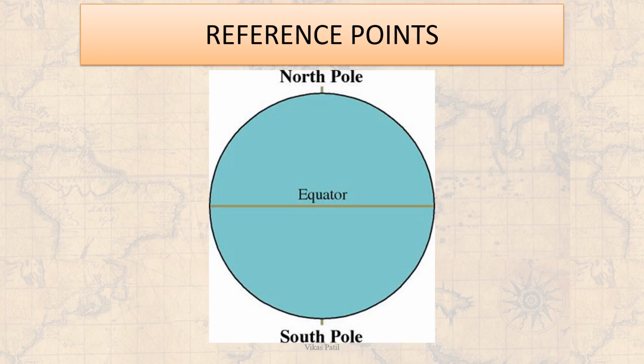Right? Okay. Now to make any set of lines, we have to have some reference points. Now on a spherical Earth, the first reference point is very easy. That's the equator. Equator is created by joining all the places equidistant from North Pole and South Pole. So once you connect all of them, it creates a circle, which is the equator. Now that's our first reference point. Then North Pole and South Pole are obviously the next reference points. These are very easy to use reference points because they are fixed. We know their location.